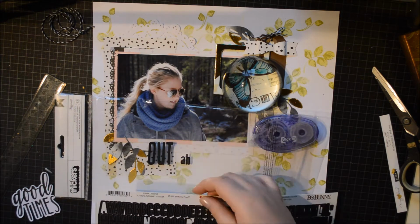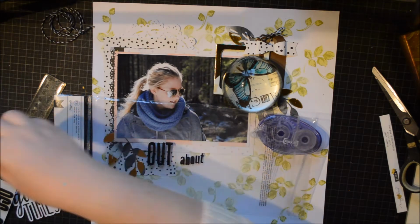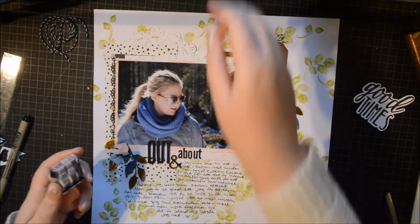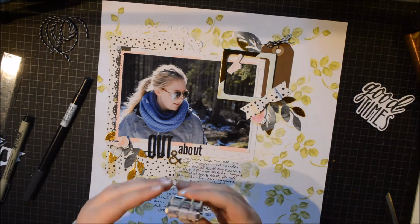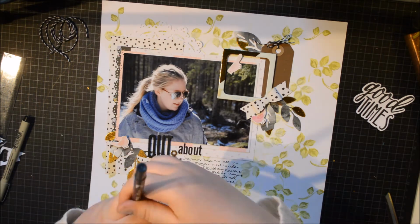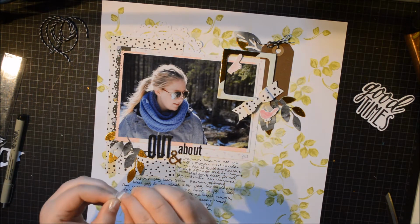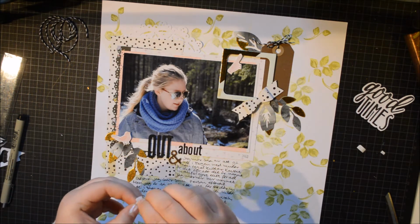So I decided to go with a black for the about word too. And here I found these bow bunny stickers. These are the tuxedo, and it comes in a 12 by 12 sheet with white, grey and black letters. I just cut them out, the white, grey and black. And here I also took ampersand in gold. I added my journaling, and I'm going to stamp the date of when I wrote it with my Schmel roller date stamp, and then I'm just going to stamp 2012 because I decided that is the date I'm going to use anyway. I cut out 3 little birds from the paper from Maggie Holmes in the Bloom collection